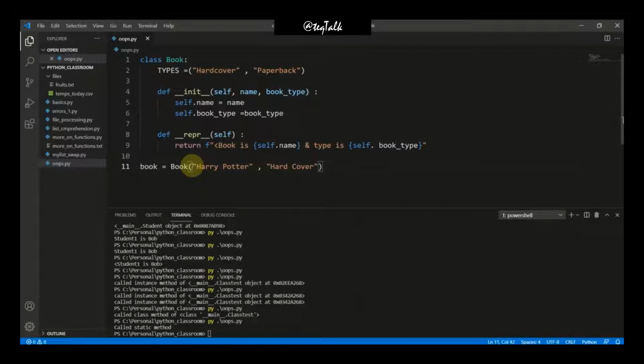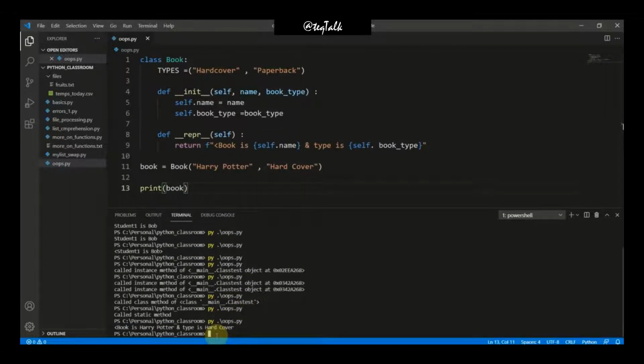So now if I print book, what I'll get, let me check it once. Yes. So here you can see that the output is book is Harry Potter and type is hardcover, right? Everything is working fine here.